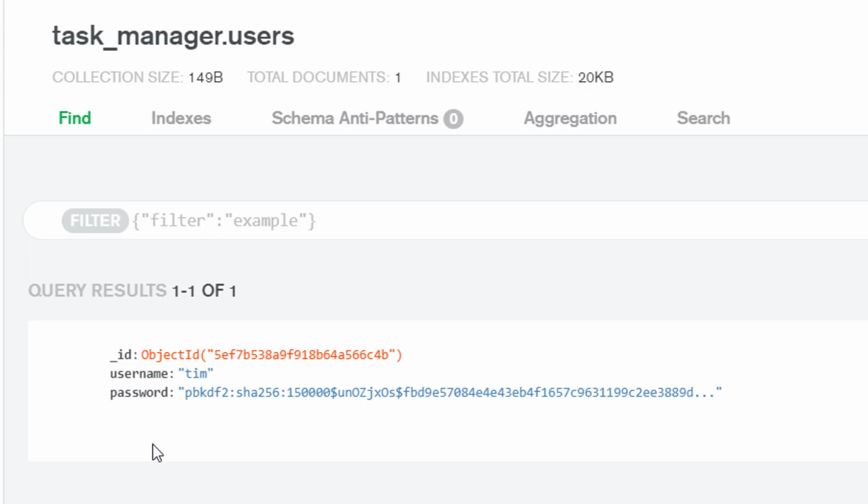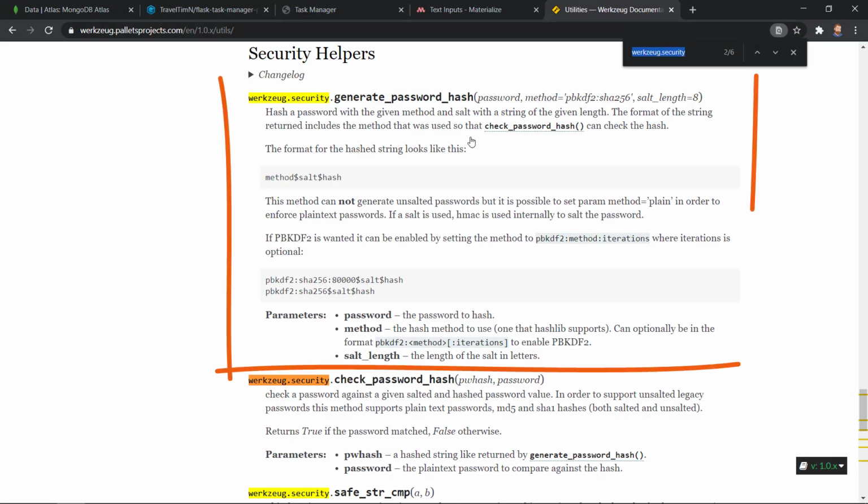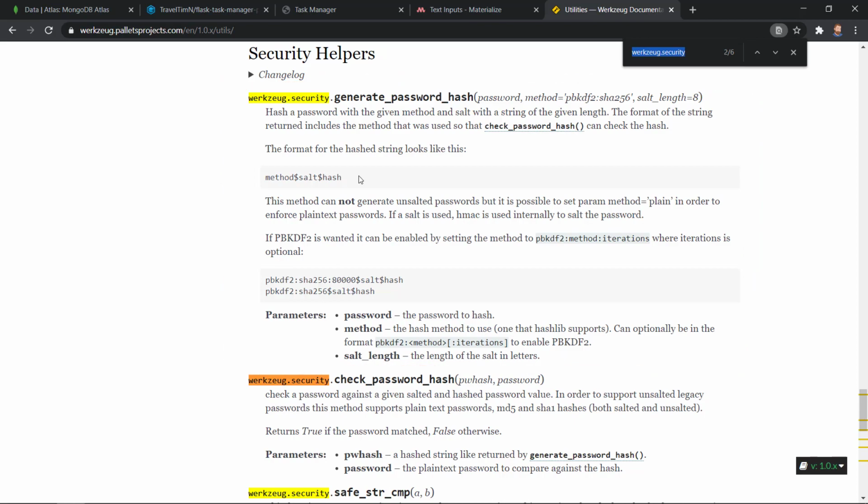Since we use the standard password hashing from Werkzeug, it applied a normal SHA-256 method, which is just one way to salt a hashed password. If you refer to the Werkzeug docs, you can see more details about how this works, and some alternative methods to customize your own hashing.